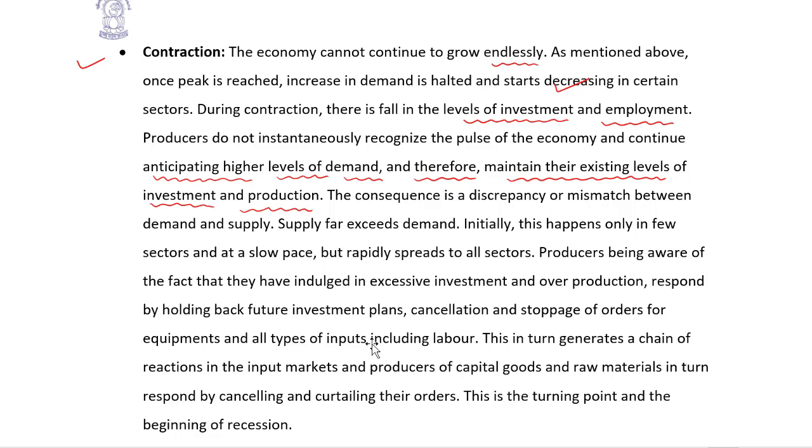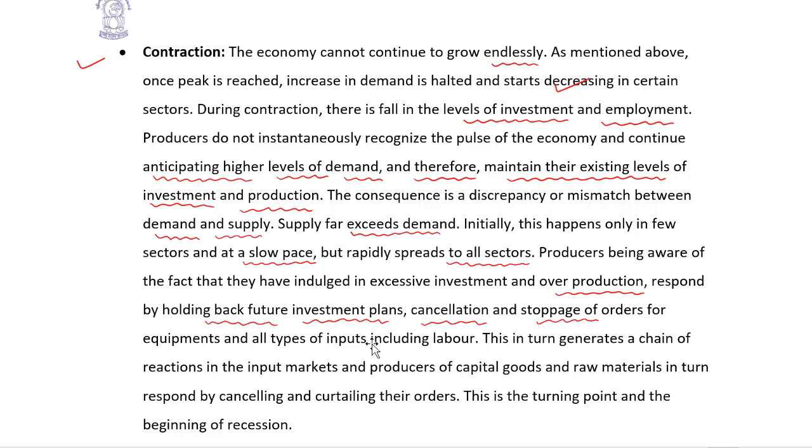The consequence is a mismatch between the demand and supply in the market, because the supply is more in the market as compared to demand, the price of the product will fall. Supply far exceeds demand. Initially, this happens only in a few sectors and at a slow pace, but rapidly spreads to all sectors. Producers, being aware that they have indulged in excessive investment and overproduction, respond by holding back future investments,